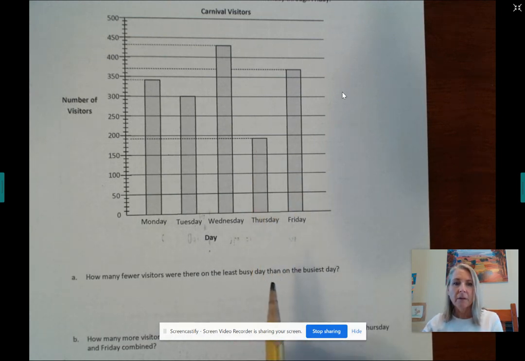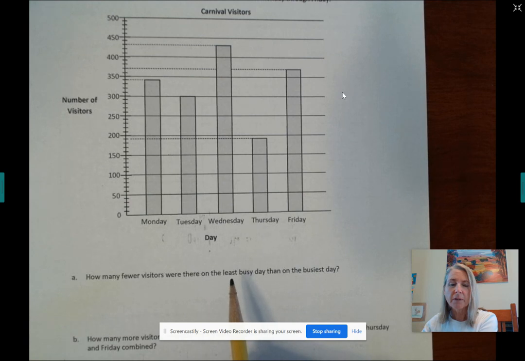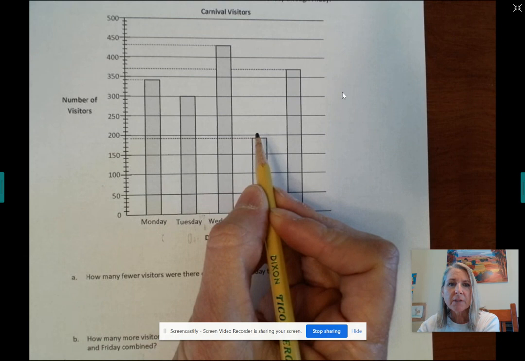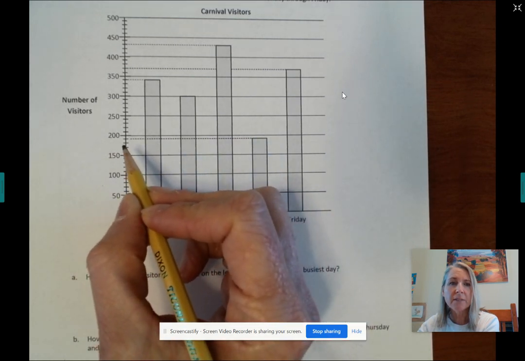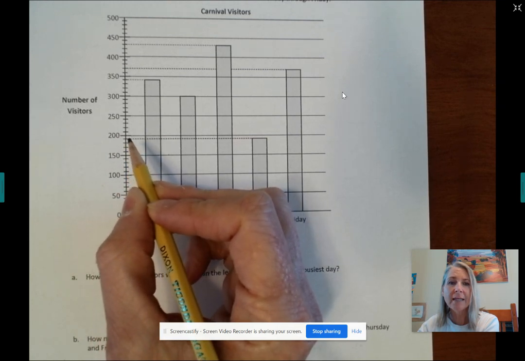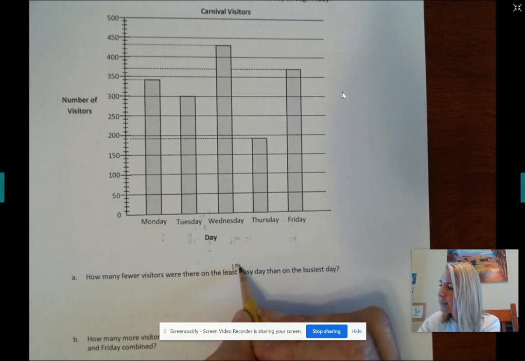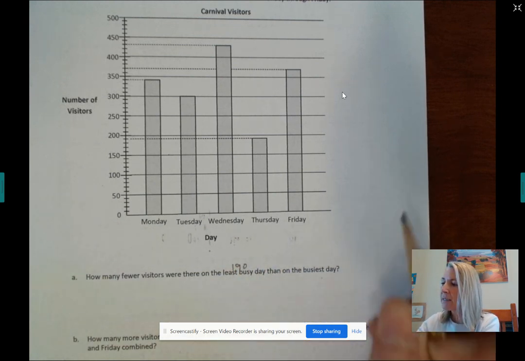Now, how many fewer visitors were there on the least busy day? So my least busy day, if this is 200 and this is working in increments of 10, 150, 160, 170, 180, 190. So Thursday had 190 visitors, and the busiest day